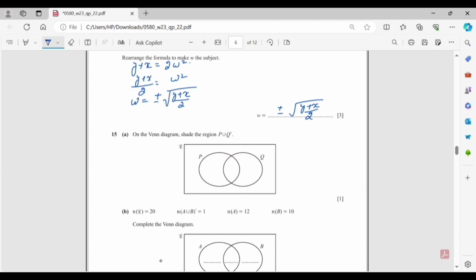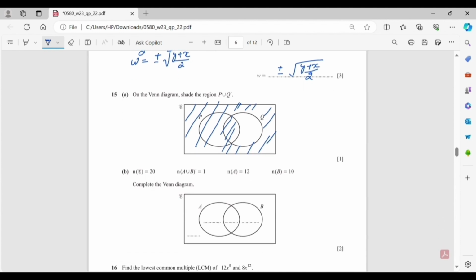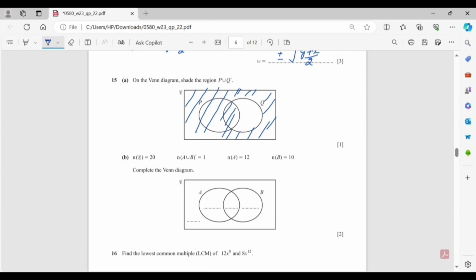Now this will be the part, it will be union with Q complement. So this, right? It's the easy part. Next, question number B. Now the number of elements in the universal set is 20 and A union B complement is